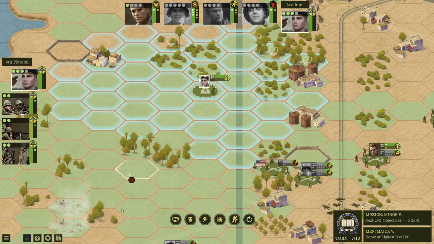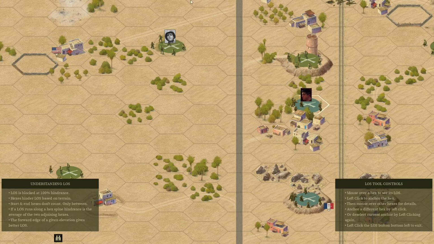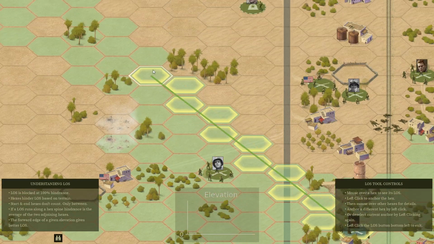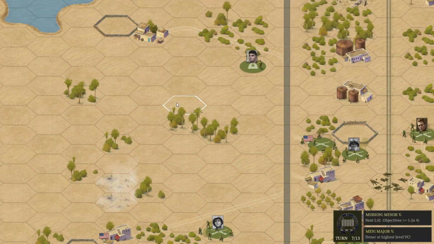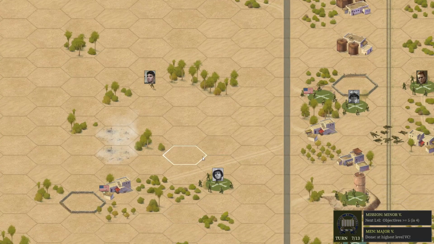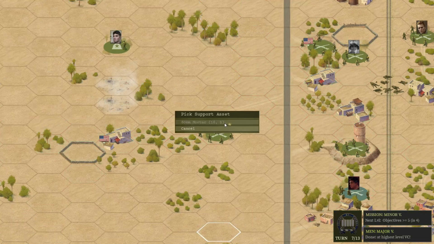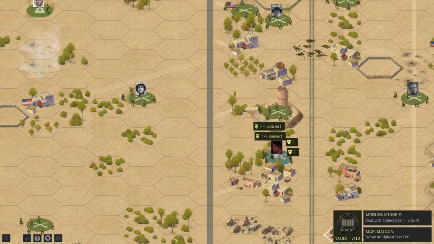Rattled. Alright, he's got his points, though, and that's what matters. This was a smart position for the enemy to take up, because this water tower is blocking visibility. Alright. Let's get up here. We'll get visibility. Spotted. Oh, well, okay. And then we'll throw some mortar fire on them. Well, they got a bolster from their officer, but...